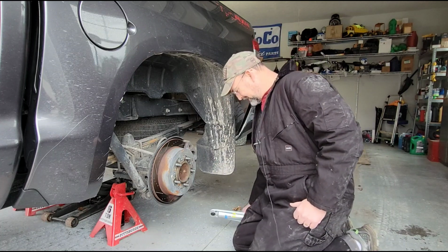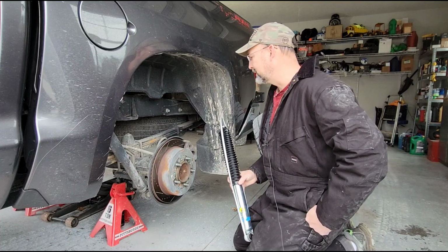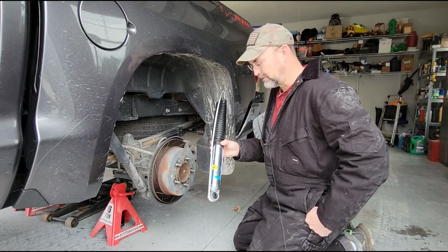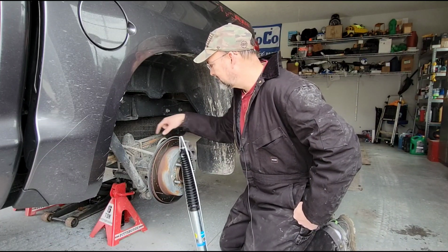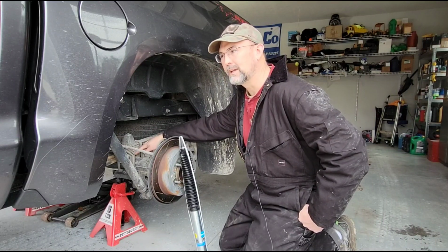So I'm finally getting around to doing the rear part of the suspension. Got some Bilstein 5100s here to match the front. And so I'm going to go ahead and put those on tonight. I bought some lift blocks to put in here to give myself a little bit of rake for towing and